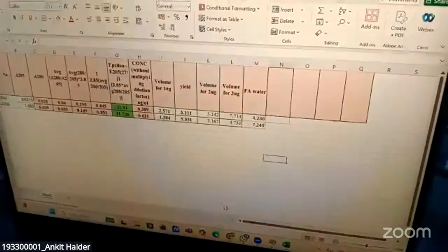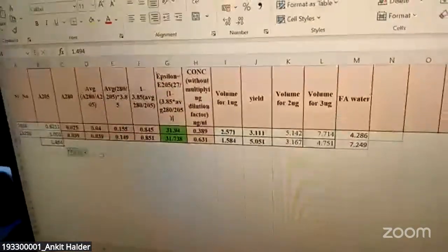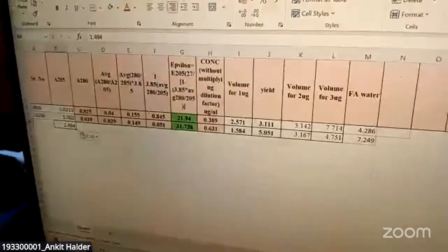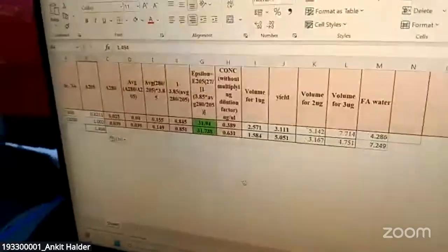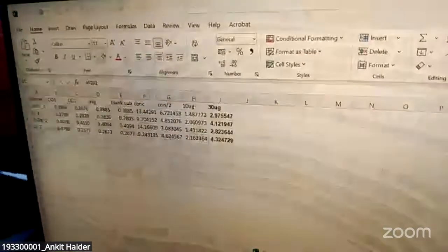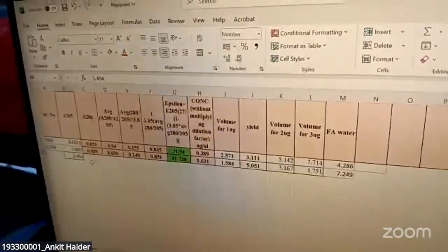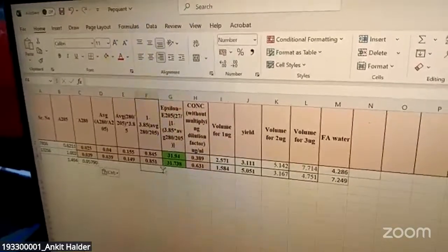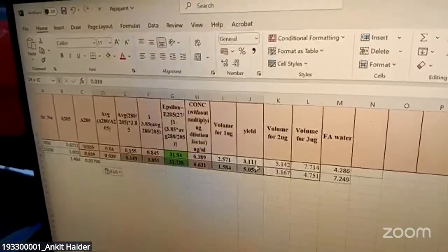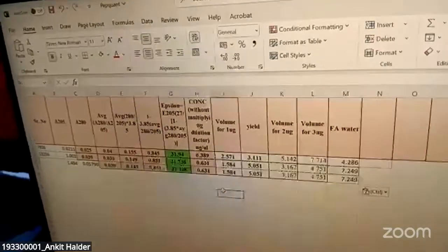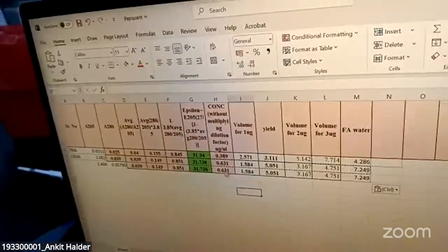You can take these values and paste them in an Excel sheet. For this kind of peptide quantification, we use Scopes' law, where we use 205 nanometer and 280 nanometer and try to find the extinction coefficient of the sample at 205. Now we'll drag it down. You can see the concentration of peptide is 0.6 microgram